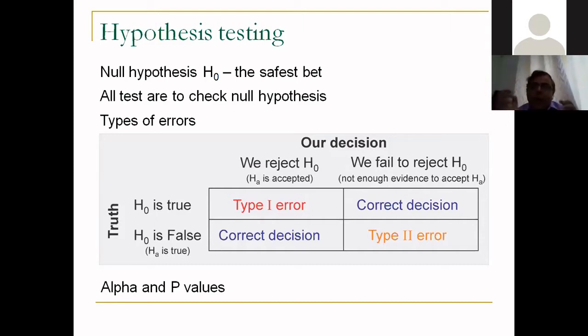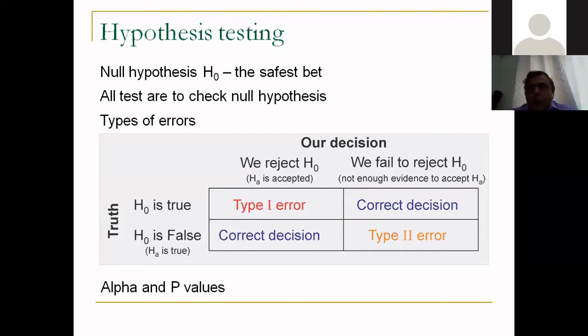So I'll say that if the probability is less than my alpha 0.05, so if the p-value is less than 0.05, I'll take a risk of committing type 1 error, or I'll say the null hypothesis is false, in which case two organisms, in our case, are significantly different from each other.